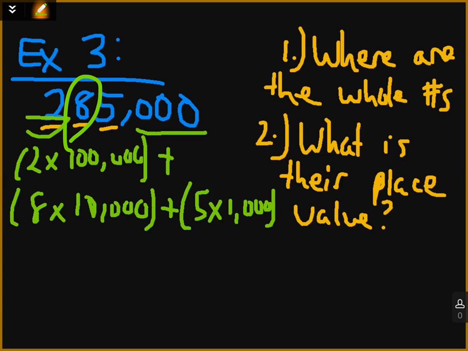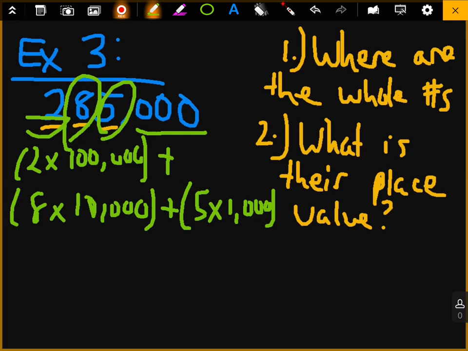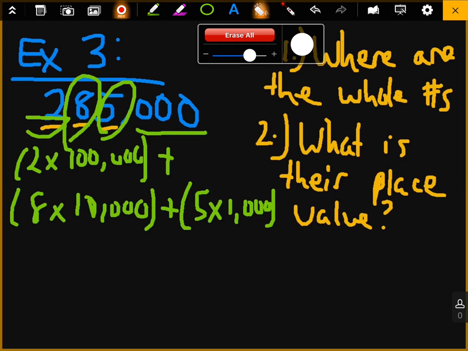This 8 is in the 10,000 spot, 8 times 10,000, and this 5 is in the 1,000 spot, 5 times 1,000. All right, if you need to rewind or rewrite or pause, go ahead and do so. I'm going to give you another example. This is still example 3, okay? But let's say I give you this number. Let's do a pretty big number. Let's say I give you